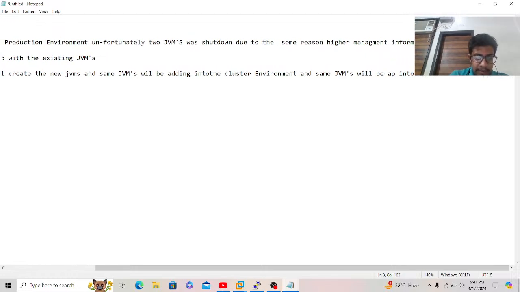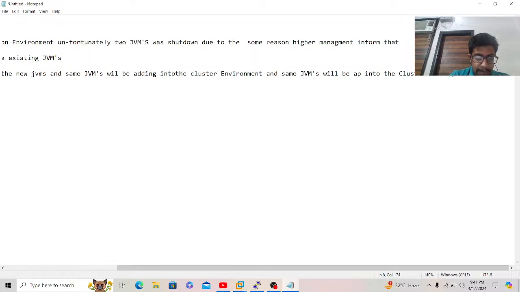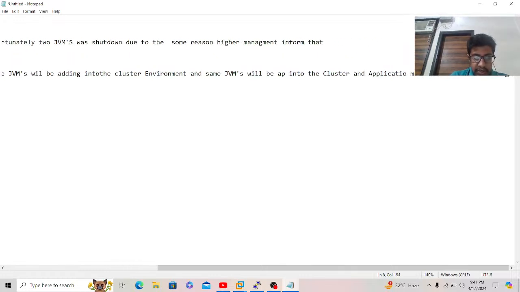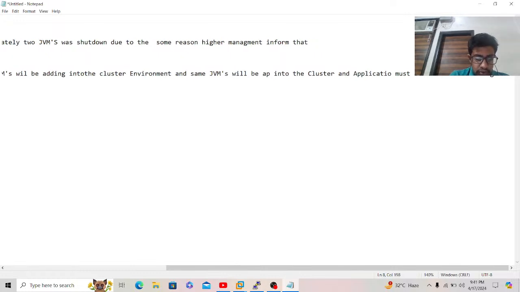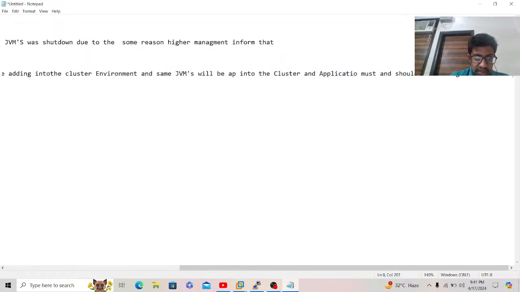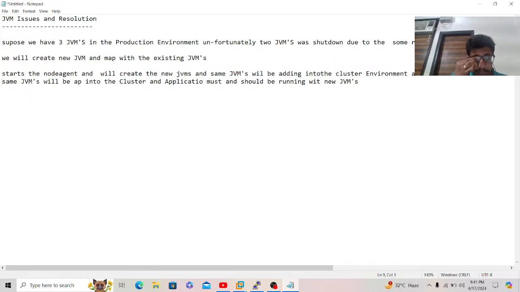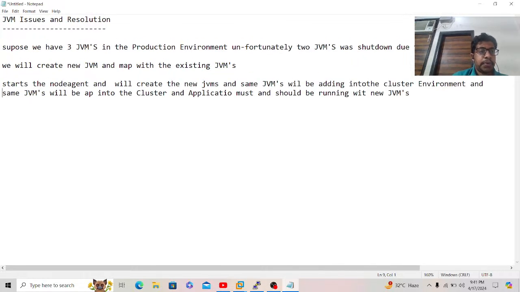application must and should be running. Application must and should be running with new JVMs. This is the requirement. Okay, this is our requirement. So I started my DMGR console